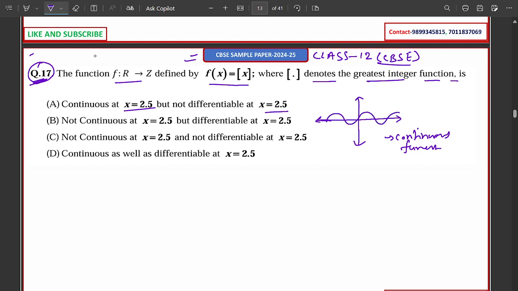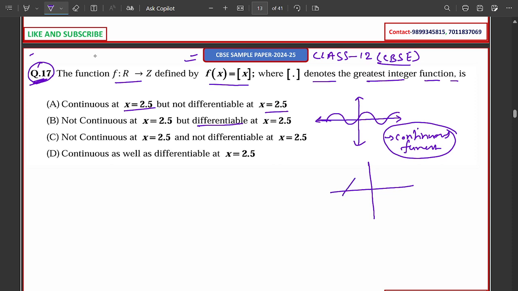This is a graph of a continuous function, and the graph will be continuous at all the points. This type of graph considers only the continuous function. This question also talks about differentiability. So for the differentiable function,